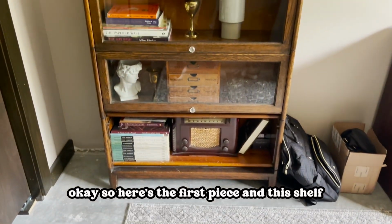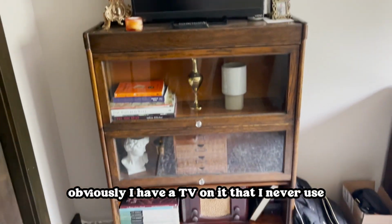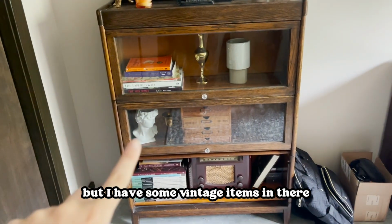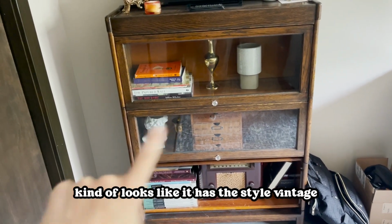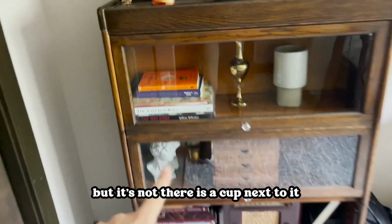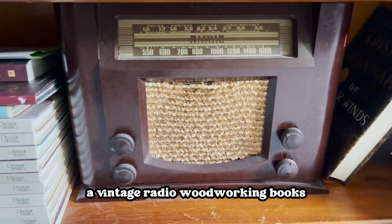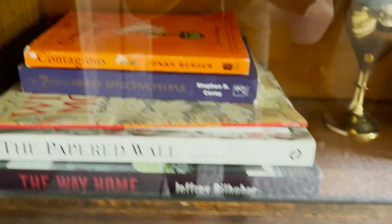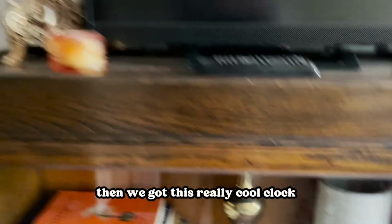Okay, so here's the first piece, this shelf. Obviously I have a TV on it that I never use, but I have some vintage items in there. That's not vintage, actually. I just pointed at that. That's from Michael's. Not vintage. Kind of looks like it has the style of vintage, but it's not. There is a cup next to it. I can open this. That is vintage. Some cute teacups, a little shelf, a vintage radio, woodworking books, more books about design and stuff, another vase, another modern vase. And then we got this really cool clock,